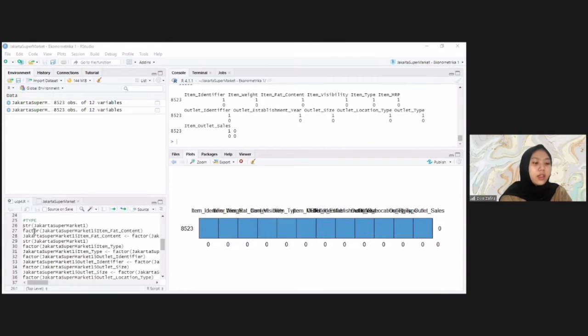Before entering into descriptive analysis, it's necessary to know every type of data. To see the type of data, use the command above, and the result will appear like this.